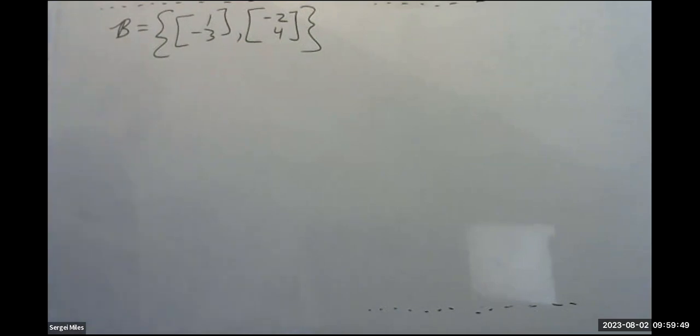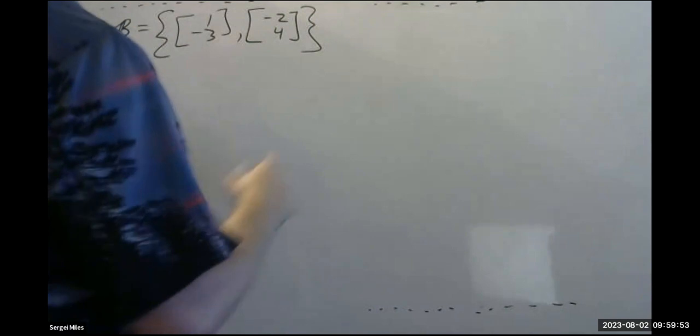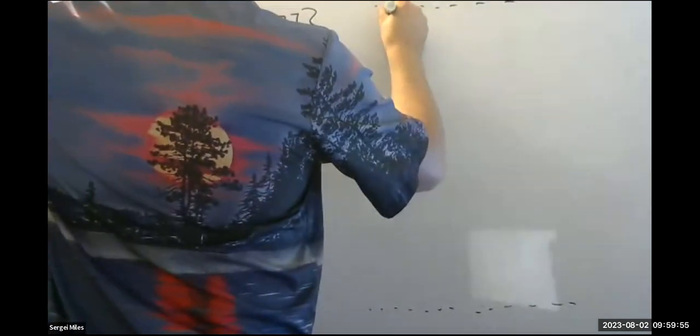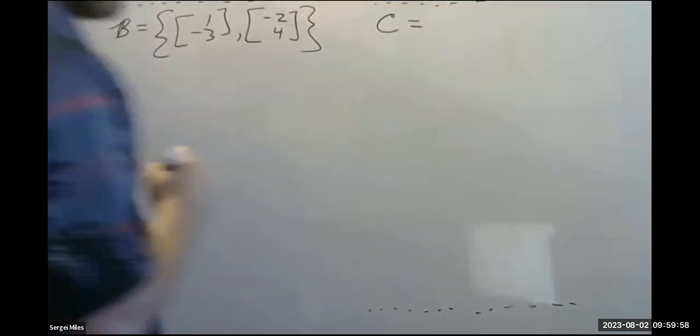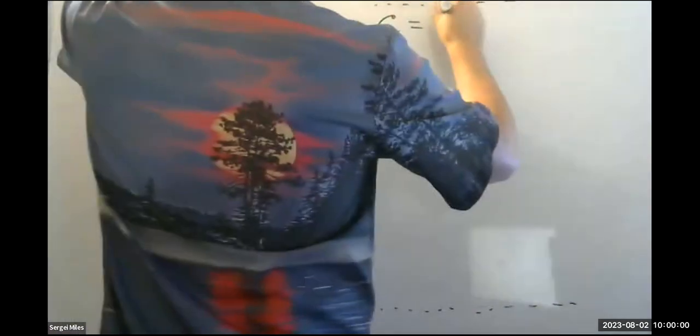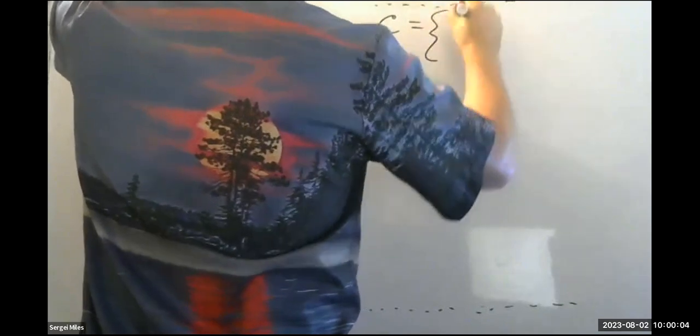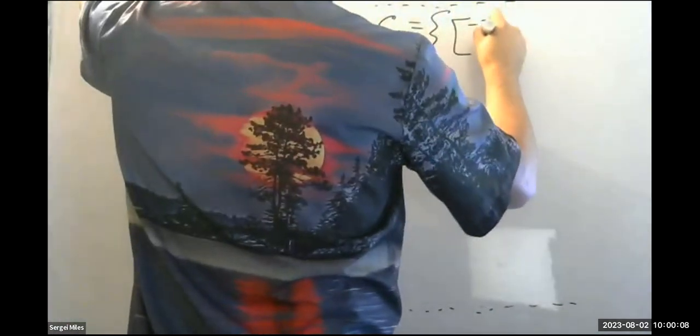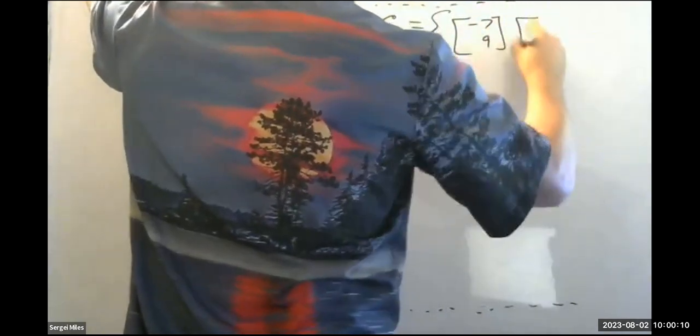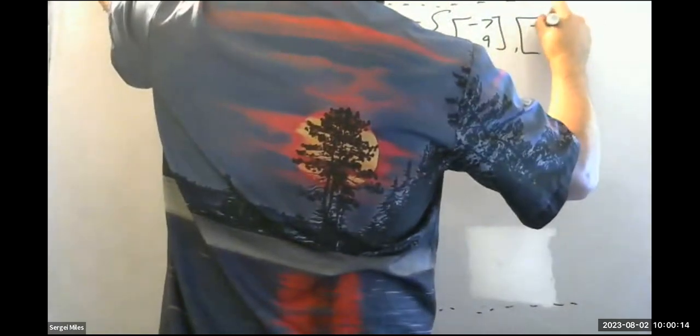Right, the basis is a set of vectors. Here's my first basis. Let's say my second basis, C, is the set of vectors -7, 9, -5, 7,